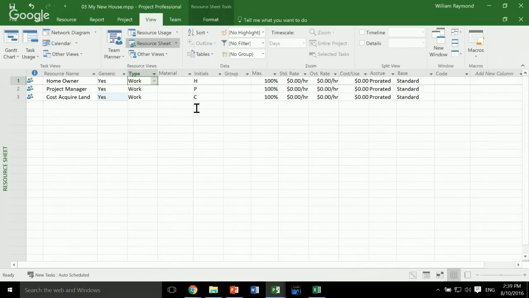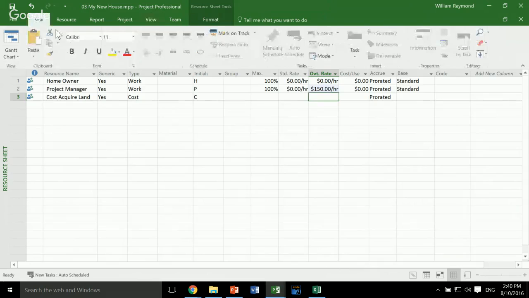And you can see over here we have this type. Here we have work, and this one, I'm going to call this cost. And over here, the homeowner doesn't have to charge for the project, but the project manager does. Let's give the project manager $150 an hour. Now let's go back to our Gantt chart